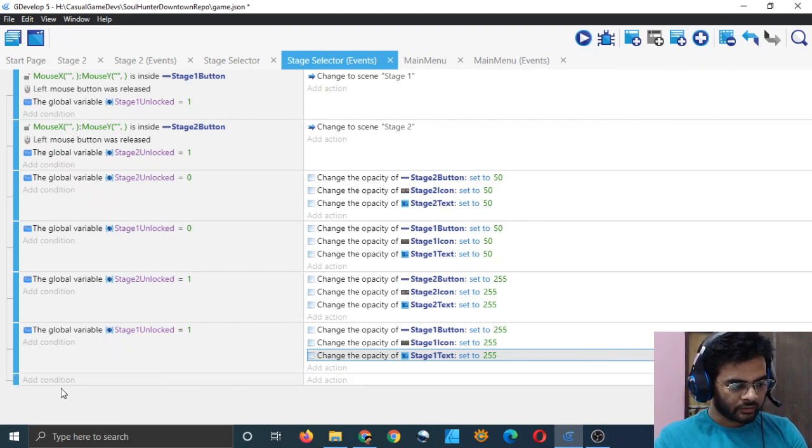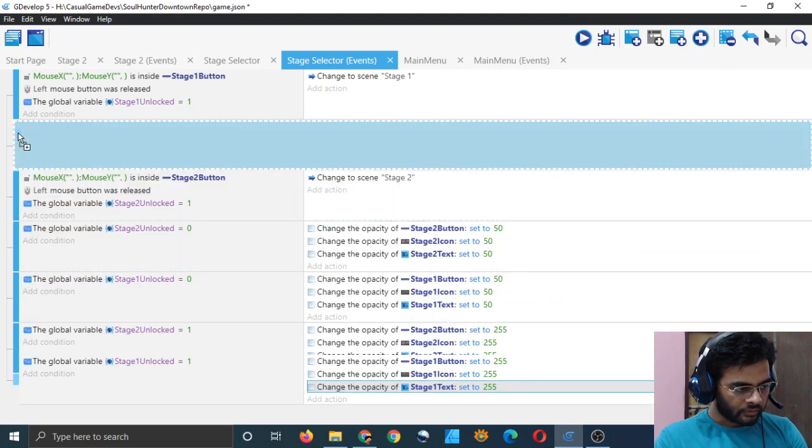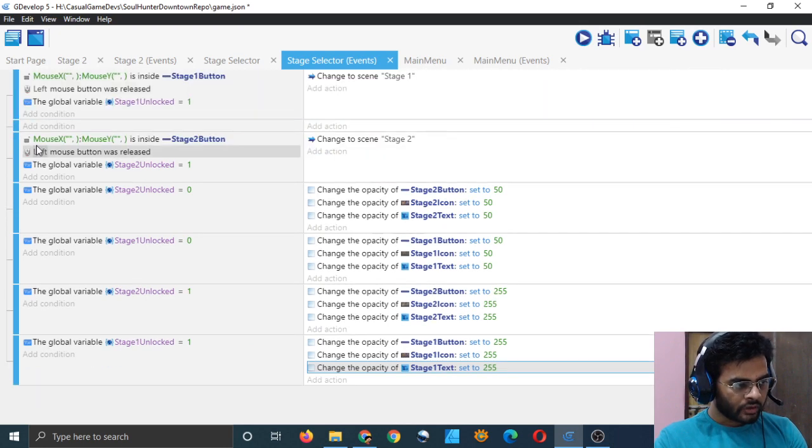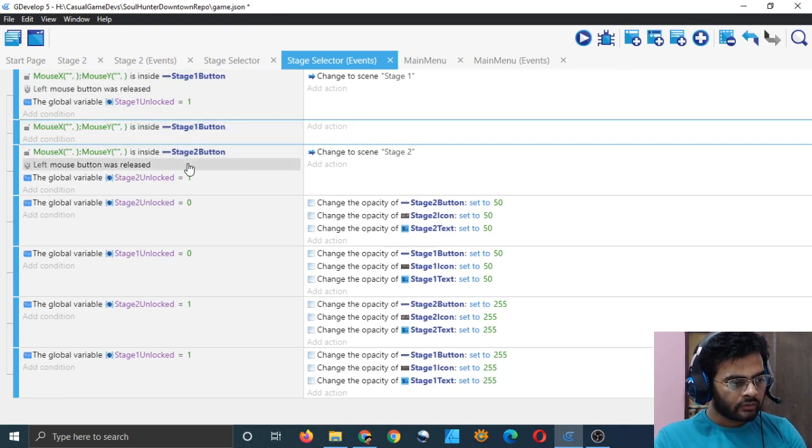Why does that happen? I can just drag it below the first one, so that it is together. And now add a condition. Just copy this condition. Don't add. Copy and then paste.